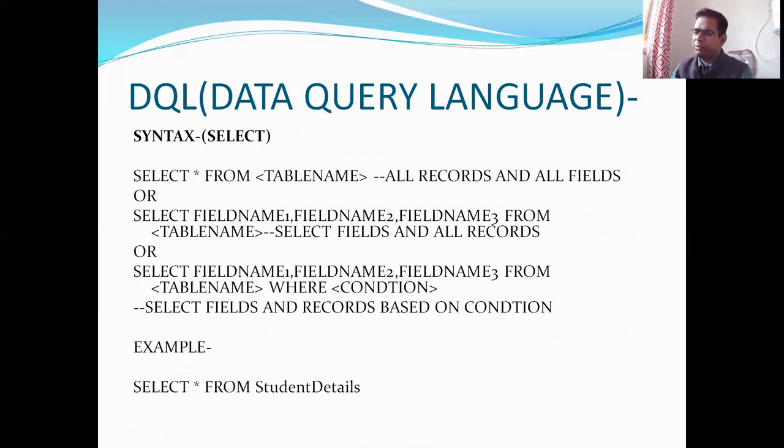Any database must be efficient. That means it must follow three conditions. A database must be ACR: accurate, consistent, and reliable. Accurate means whatever value we want to update, the value must be accurate. The second condition is